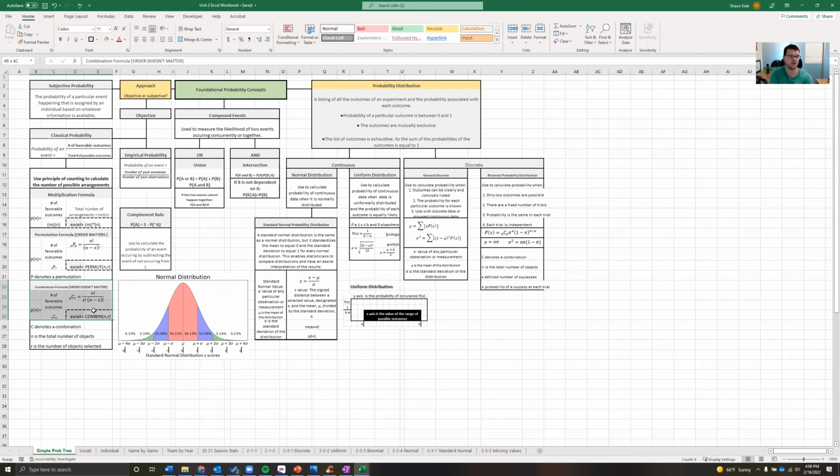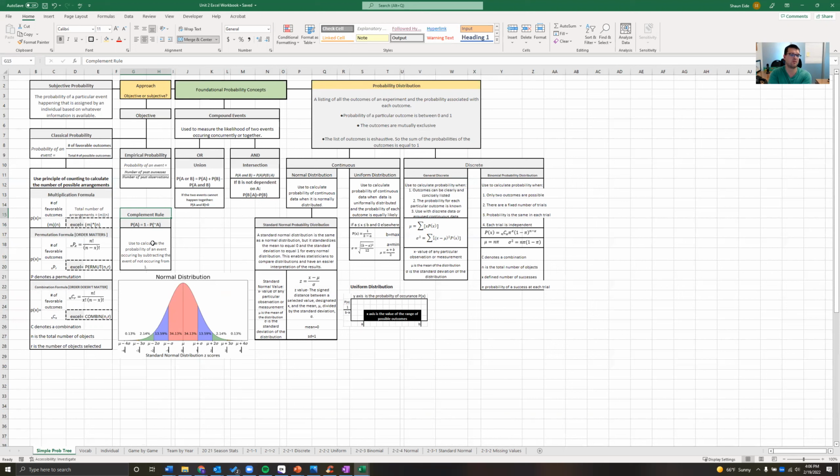I'm not going to force you to do that because there is an easier way. I know you guys can do the math. I just want you to be able to do this very efficiently, because in the real world, that's what they care about, is that you are able to do this very efficiently and accurately, and that you know what you're doing. So yeah, and then complement rule is